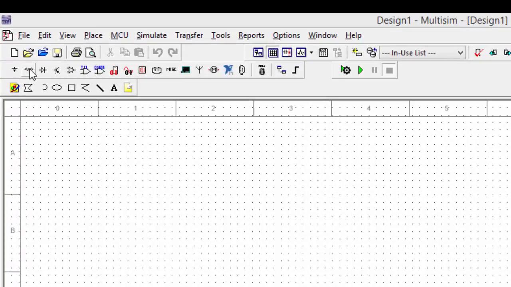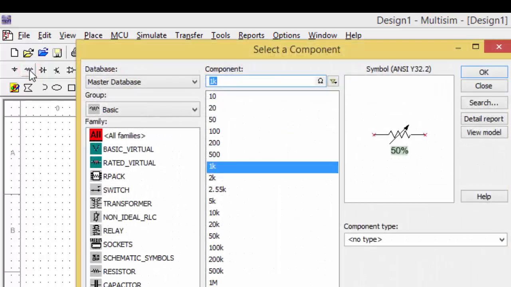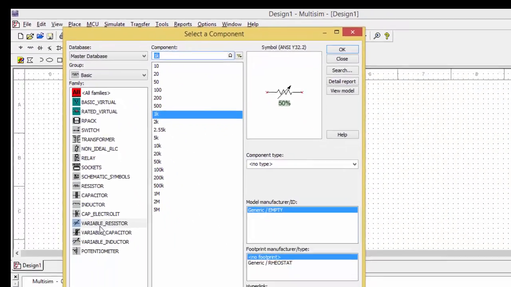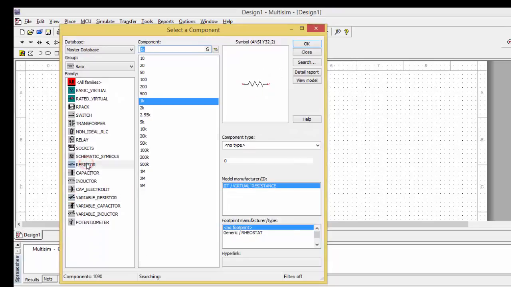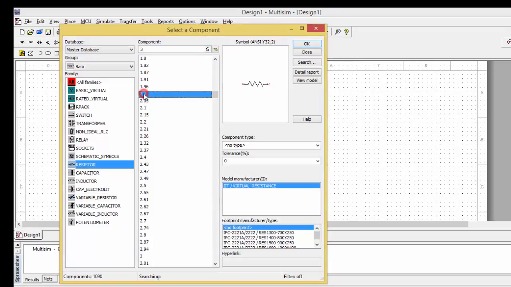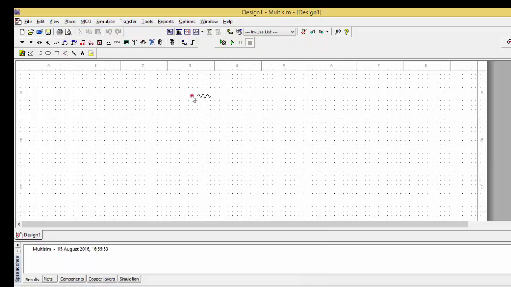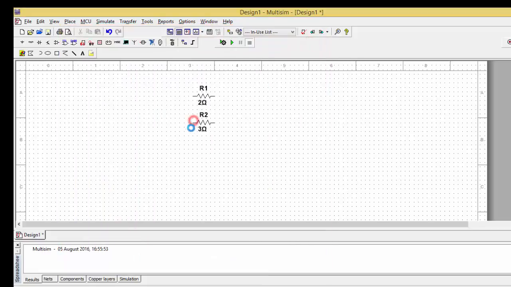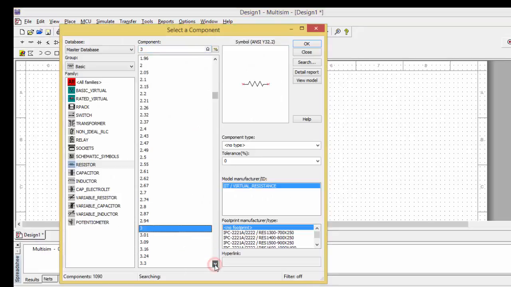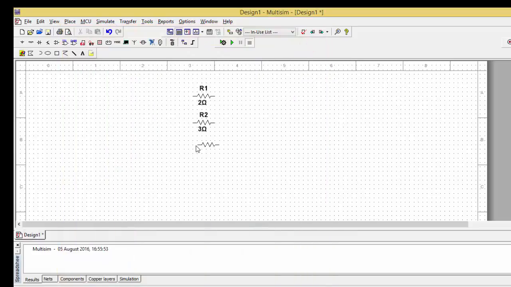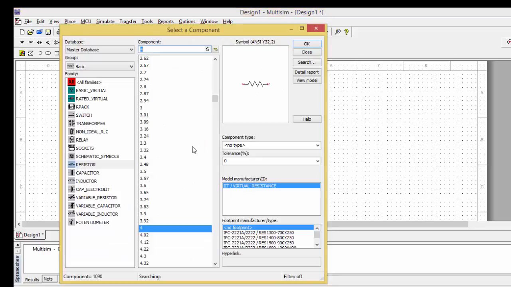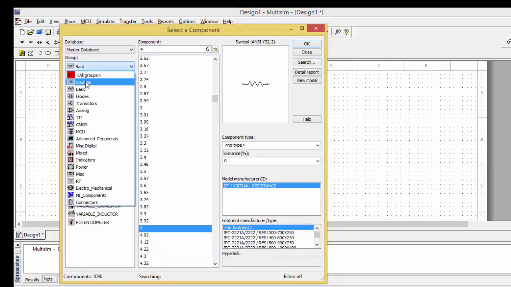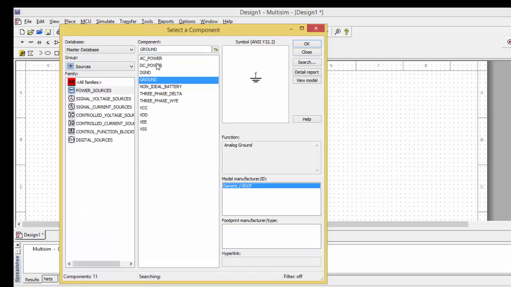Let us take firstly the resistances. By clicking on it you can find the resistances in the resistors column. So let me take the resistance 2 ohms, and then 3 ohms, and then maybe I'll take 4 ohms. Okay, and then I need the basic supply, so let me go for the sources and the DC